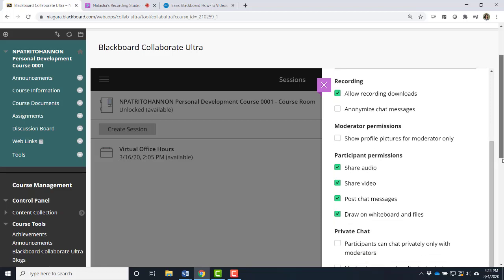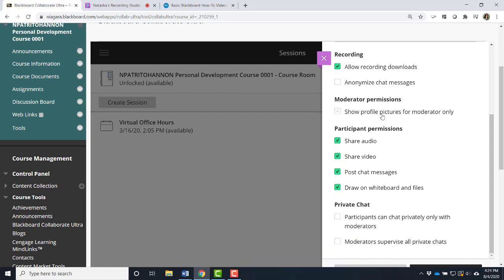You also have the ability, for example, to share profile pictures and only allow yourself to share a profile picture. Now, there have been instances where there have been inappropriate images shared via Collaborate Ultra. So if you're meeting the group for the first time, perhaps if you have yet to set ground rules for how students will engage together synchronously, you may want to choose initially to only allow profile pictures to be shared